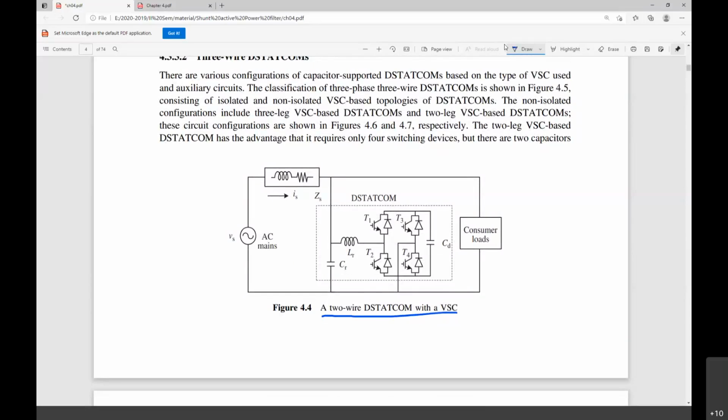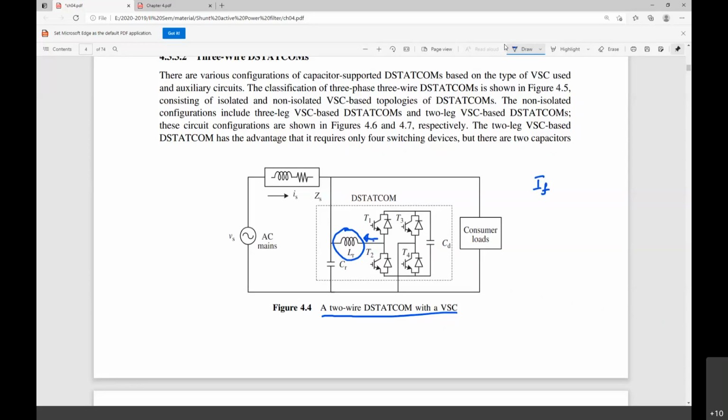I mean, this is an inverter only. We can see that this is an inverter of a full bridge kind. Basically, this LR element is used to smooth the current which is injected by the D-STATCOM. Here, the current flowing out of the voltage source converter, I'll be calling it the filter current IF, or the D-STATCOM current also.